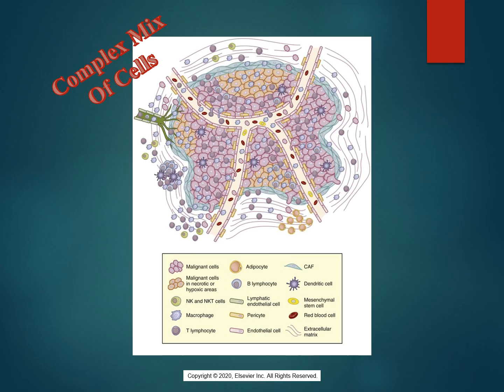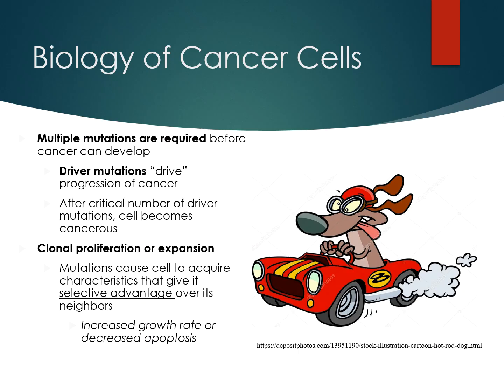Now, something that might surprise you is take a look right down here, because here you have immune cells that are also going to be hijacked and used to the advantage of the tumor. It does not play by the rules with anything, and so just see it as a hostile takeover, and don't trust or believe anything that it tells you. Don't sign any papers with it. You can't trust it.